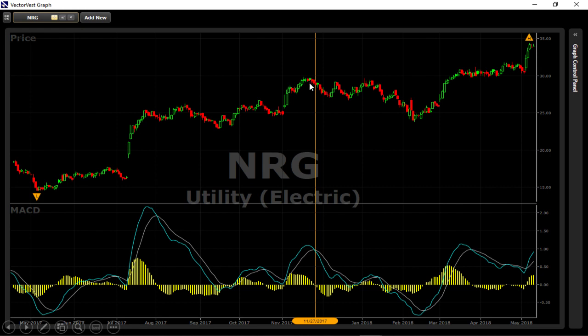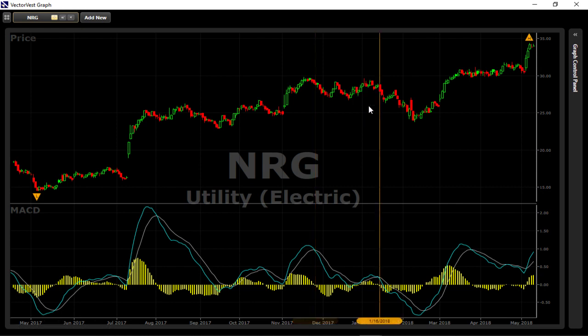Couple of days off of the new high, pull back, we exit. Now we stay out for a little while there, but we wound up getting back in right in this area here, and this is where I said you probably would have walked away even, maybe a small little loss. But remember back here, right? Remember back here where we exited and only to see the stock gap up, and we said to ourselves, I